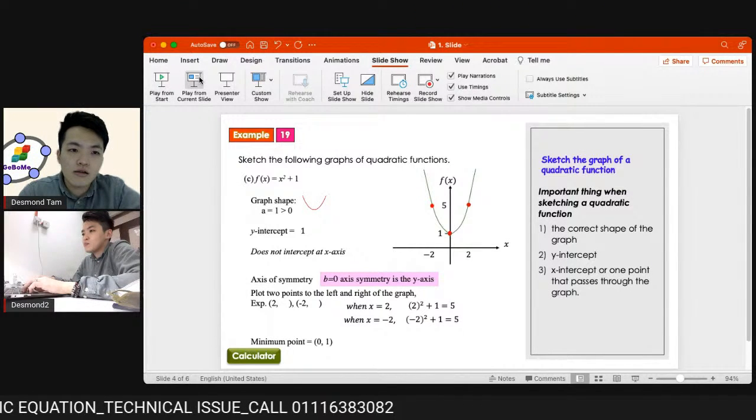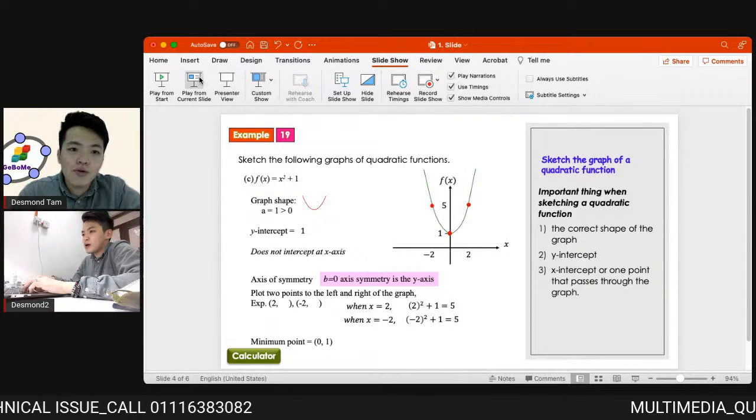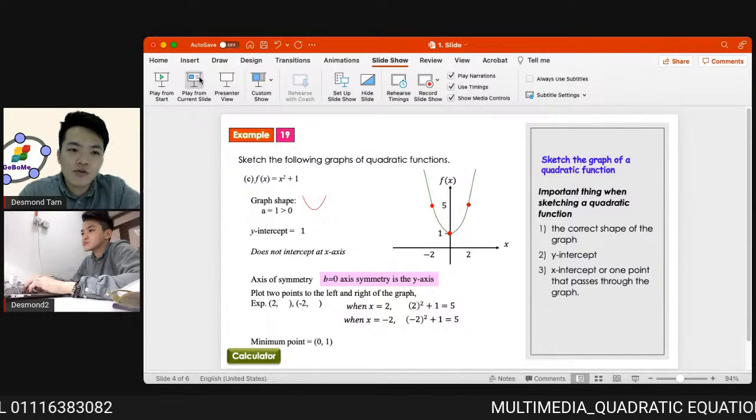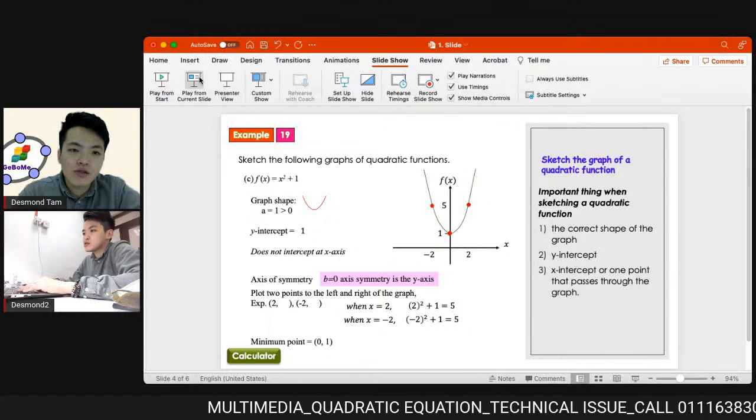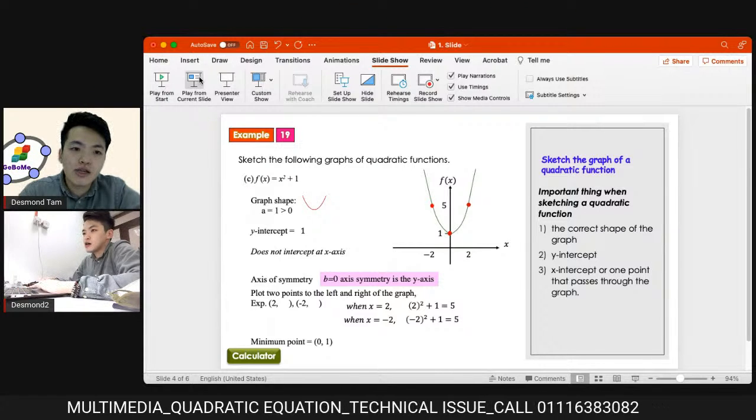So another example is negative x squared minus 3. The graph shape: a is smaller than 0, because you can see that